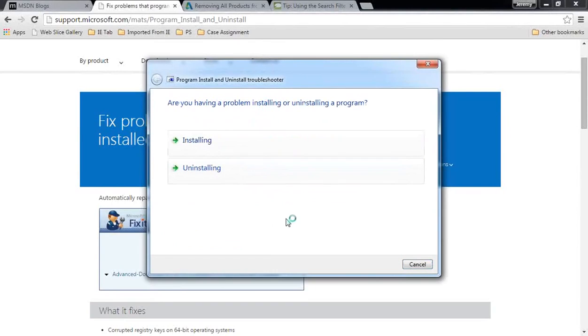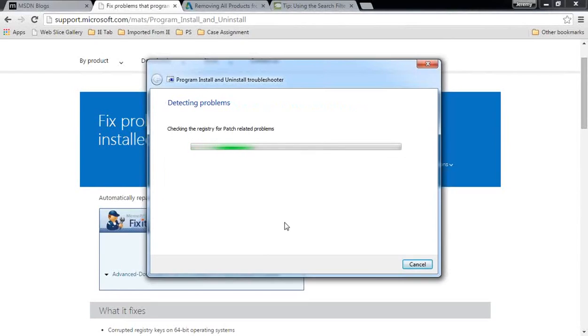And that will sit there detecting problems. Usually it won't detect anything at that point. And actually, if you're having trouble installing or uninstalling a program, this is a little bit counterintuitive, because what we're doing at this point is trying to clear out the remnants of the previous install. We're not actually worried about installing the new stuff yet. We're trying to clear out the old ones, so we want to select uninstalling here,